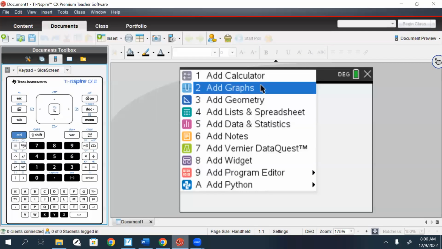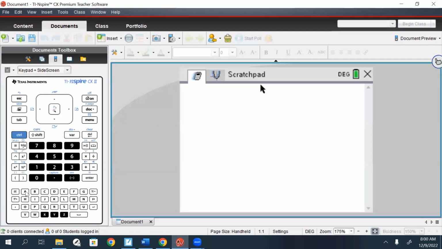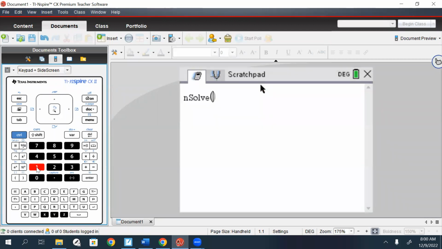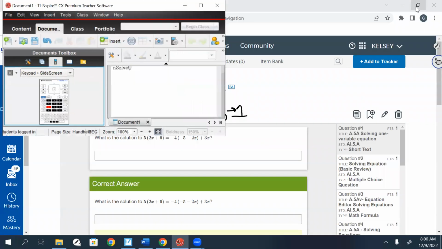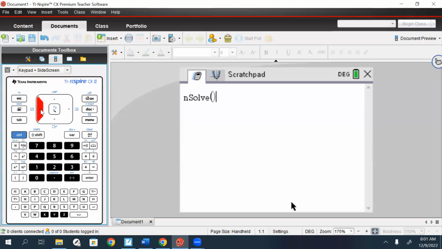So we're going to get our calculator here. I'm just going to go home and go to the regular calculate screen. So we'll press menu and put 3 for algebra, and then we want numerical solve, so 1. And let me minimize this a little bit so I can see here. So we got 5 times, and we have 2x plus 6. So I'll make this larger again. So 5 in the parentheses 2x plus 6, close parentheses there, equals